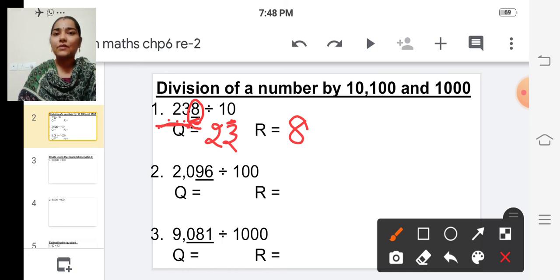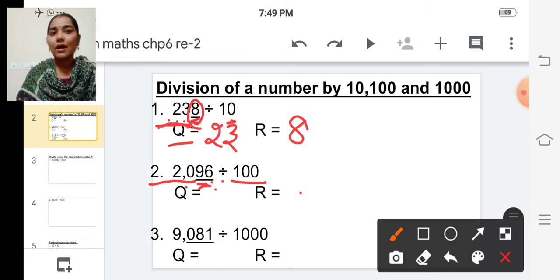Okay. If we divide a number by 10, then the ones digit is the remainder and the remaining digits will form the quotient. Okay, children? And now the next one, if we divide a number by 100, then the ones and tens digits form the remainder and the remaining digits will be the quotient. Okay, children? So see the example,